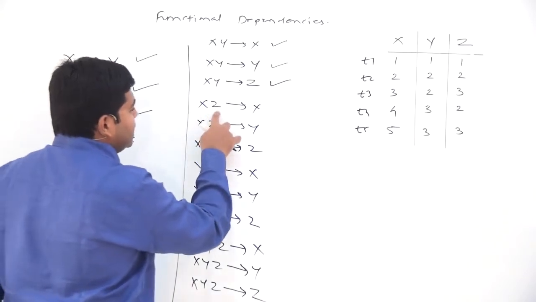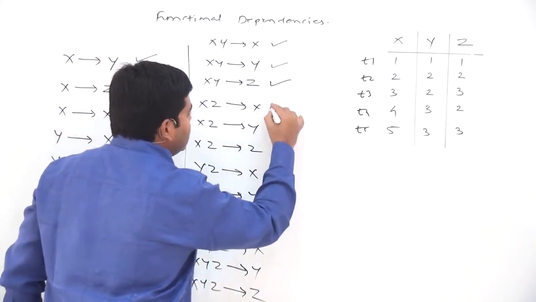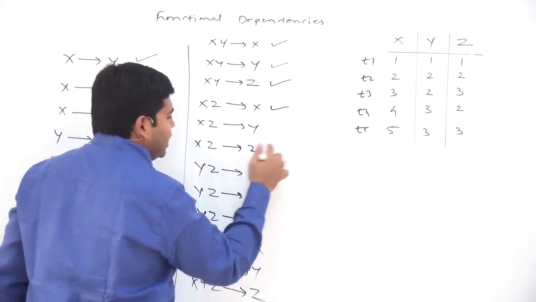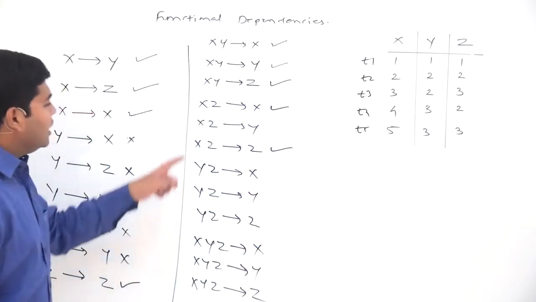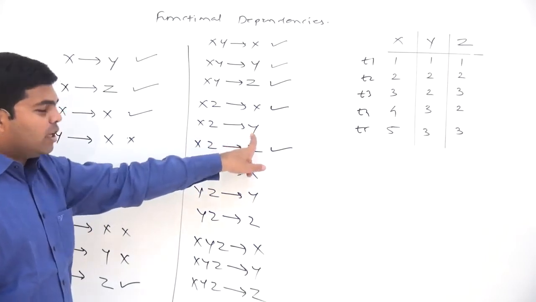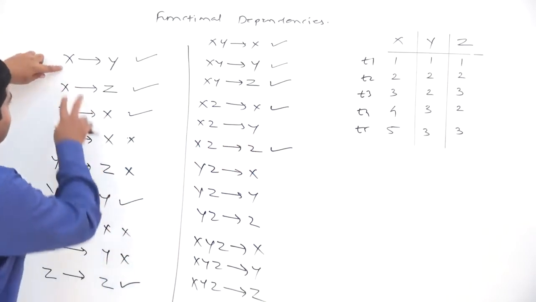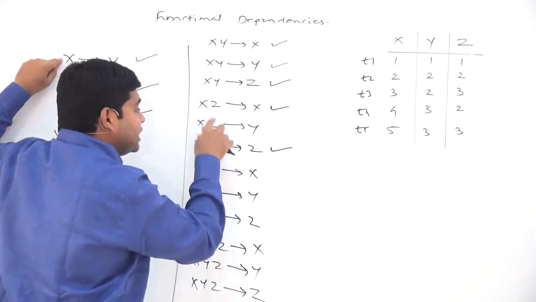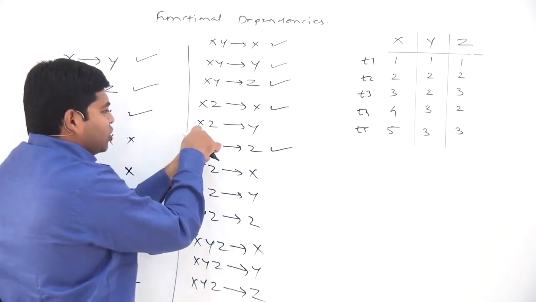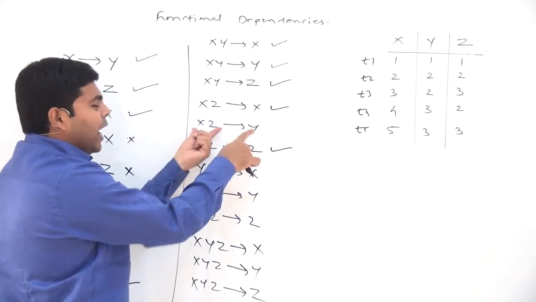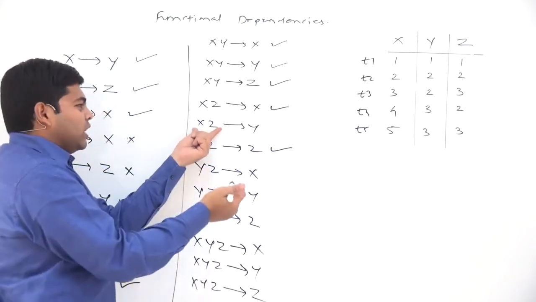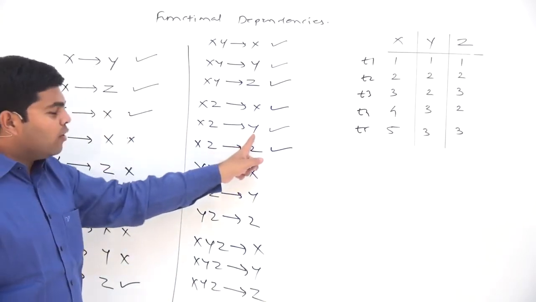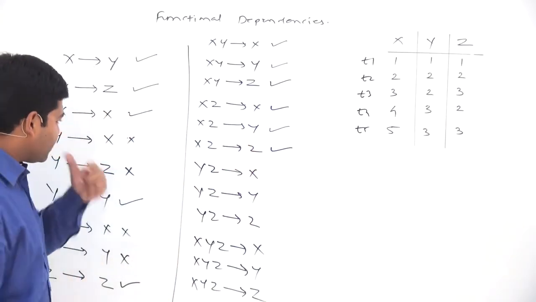Similarly, from xz you can always determine the value of x, trivial question. From xz you can always determine the value of z, again a trivial question. Now in this case, from xz whether you can get the value of y or not, again we can see x alone can give you the value of y, and therefore z is redundant. On the basis of x alone this question can be answered, but you have additional information, still the question can be answered, and therefore it is a valid statement. So from xz you can always determine the value of y.